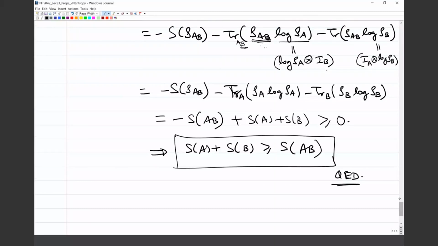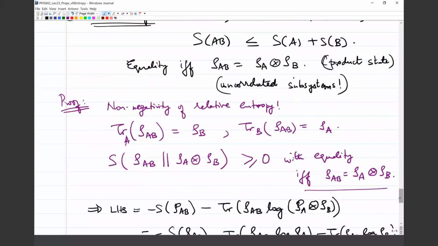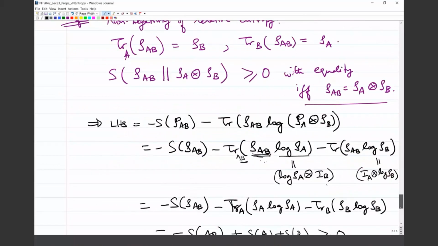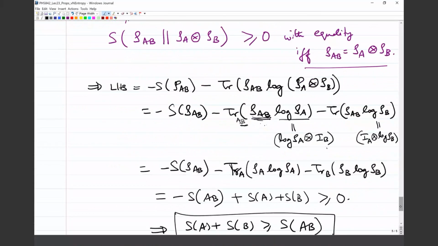Questions? Excuse me, ma'am. Yeah. I don't understand. The trace was over the complete AB, right? Mm-hmm. Then how did you make it a partial trace? Yeah, so the trace over AB, when I do this,